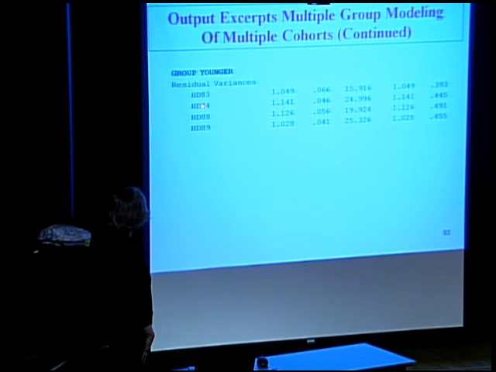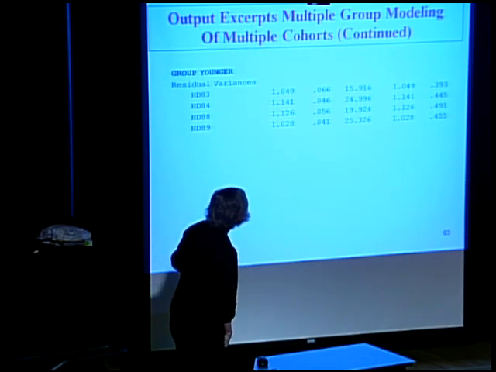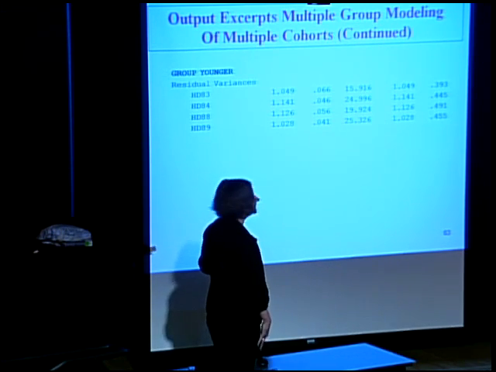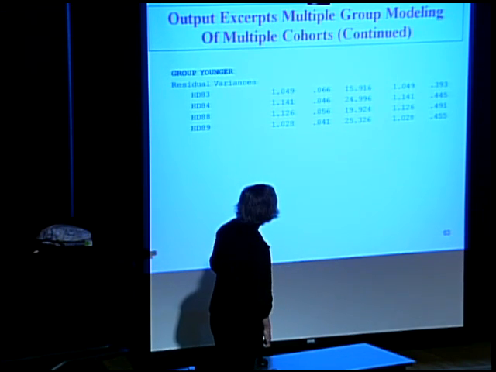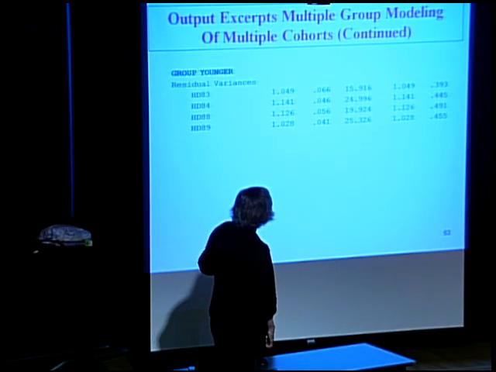Well, we don't see the equality constraint on the residual variances. Why don't we see that? Oh, I'm sorry. Well, no. Oh, okay. Thank you. Okay, so here's our equality constraints for the younger and older cohorts on those 4 residual